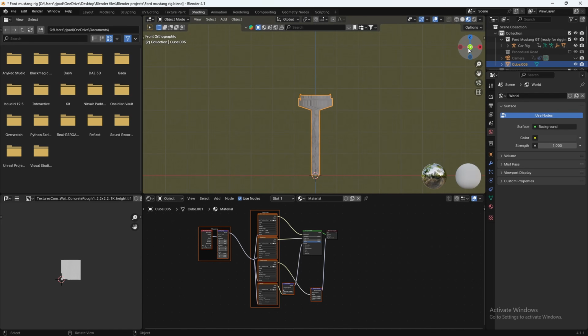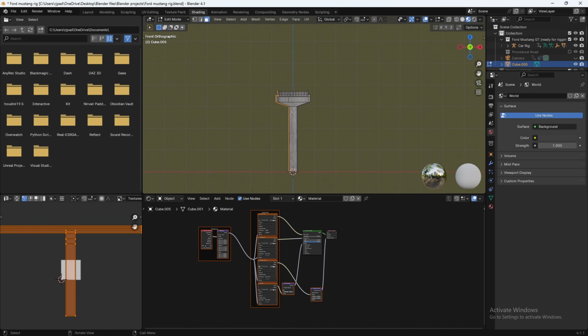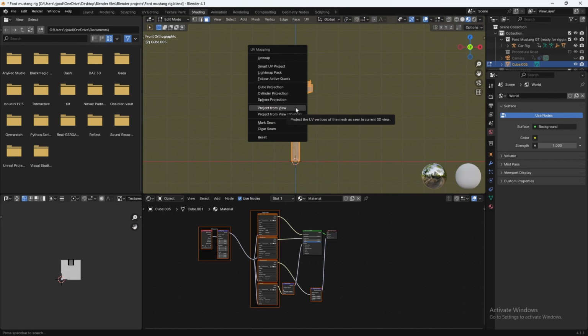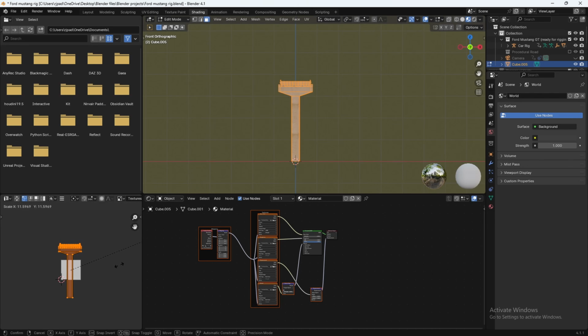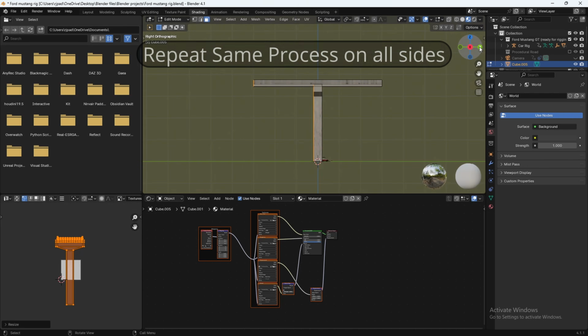So go to this view right here on -Y, go back to edit mode, select this side only, hit U, project from view. And we'll do the same thing, hit A on this window right here, and then scale it up. And then we'll go to this view right here. Again, select